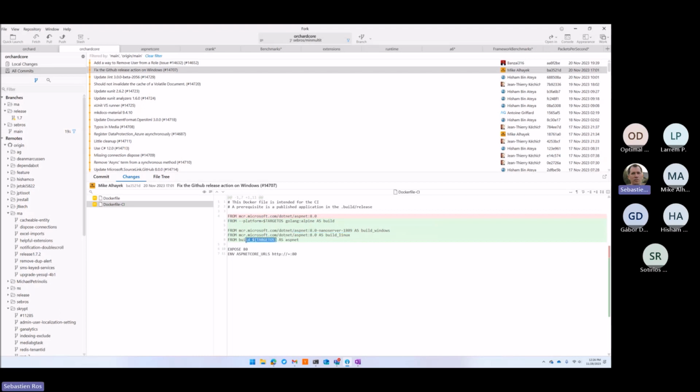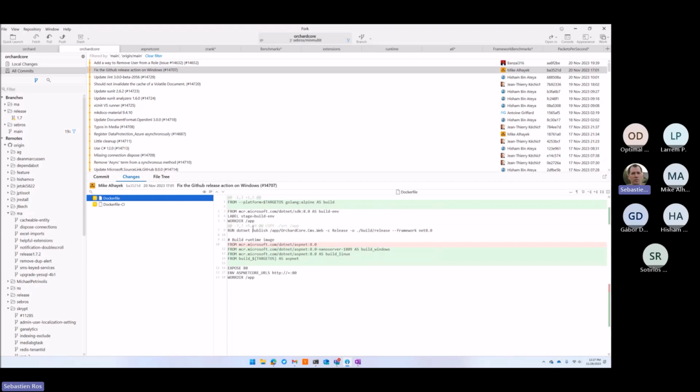So the trick here is to have two aliases, one called build Windows, one called build Linux, and we have different base images. And then dynamically we say the current target OS is Windows, so it will pick up this one, which is based on that. It's the trick. In theory.